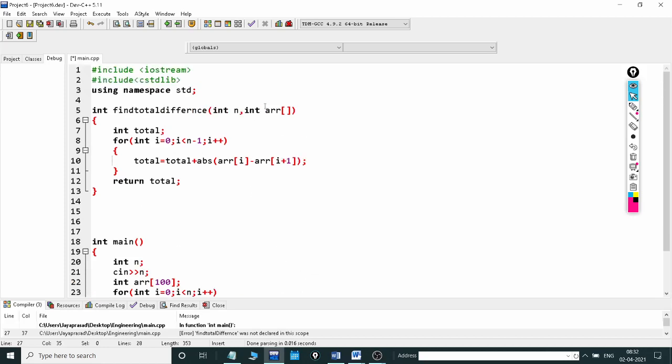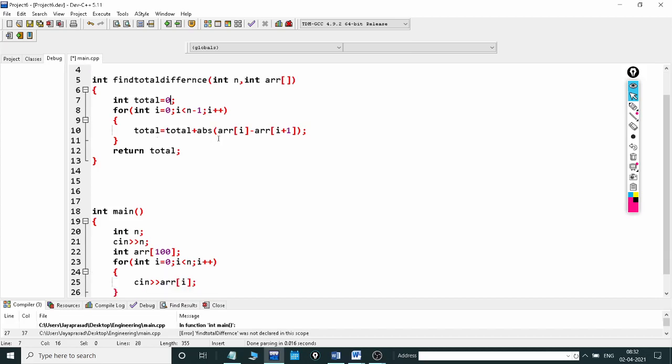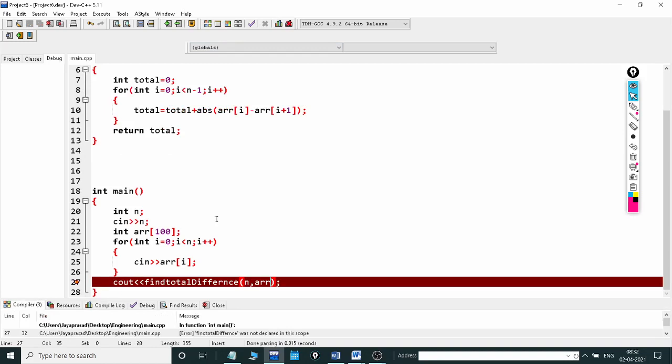Then passing array element, total, initially it is 0. Then i less than n minus 1, 5 minus 1 so it runs up to 4. abs of array of i minus array of i plus 1 and return total. Run it again. In function, what happens?